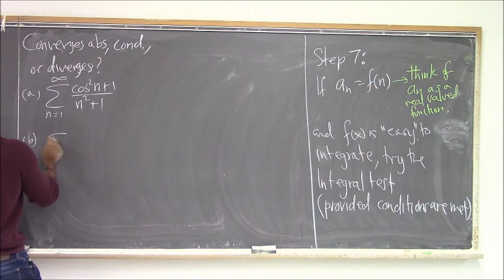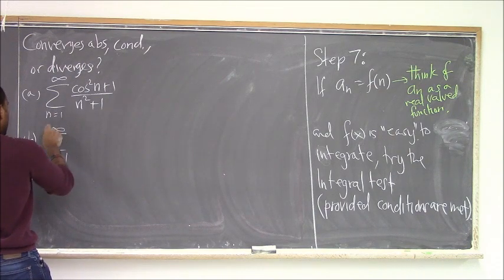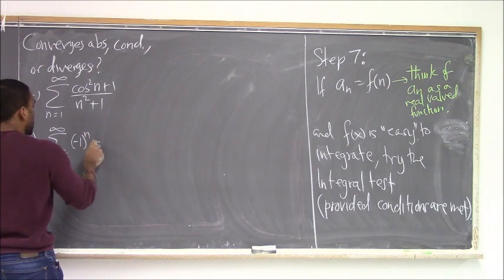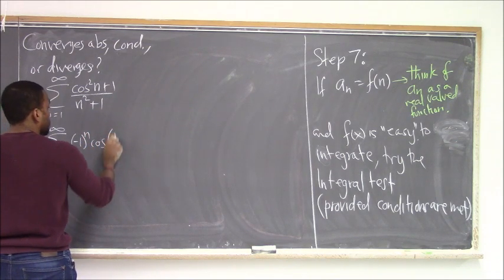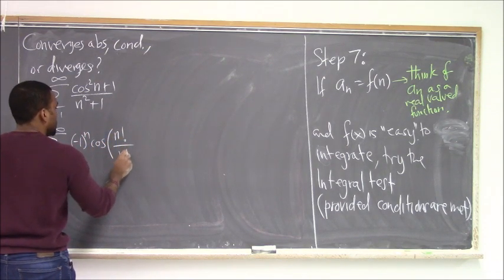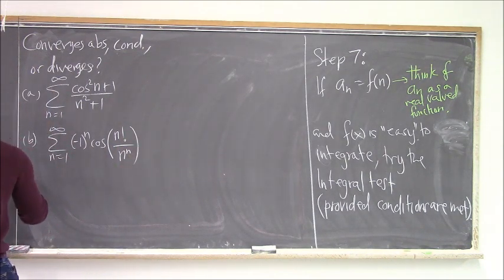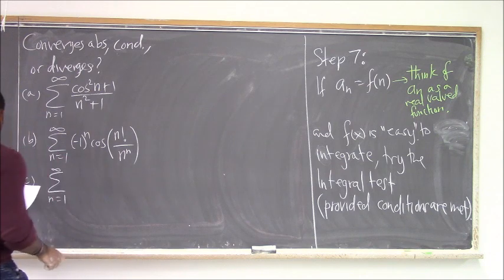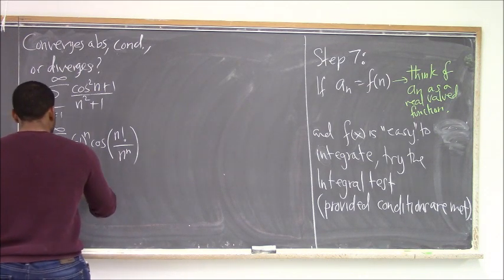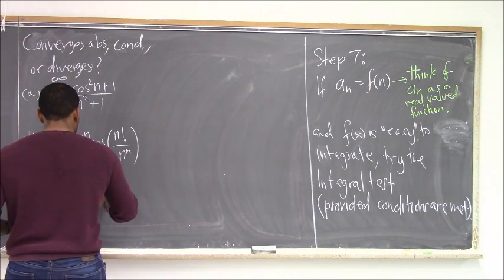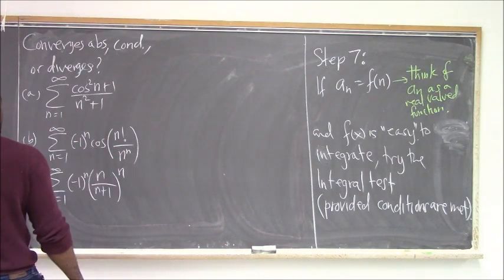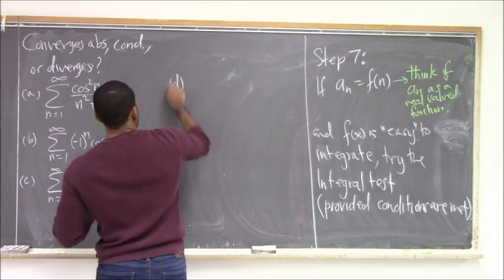B: series n goes from 1 to infinity of (-1)^n cosine of n factorial over n^n. Third example, n goes from 1 to infinity, (-1)^n times n over n plus 1 to the n. And the last example,